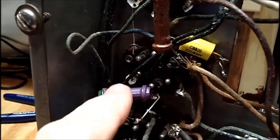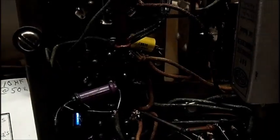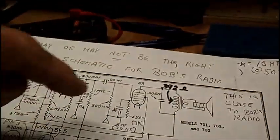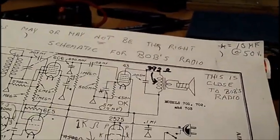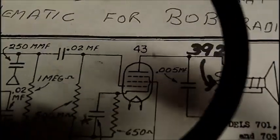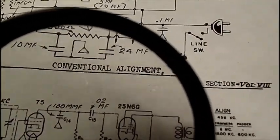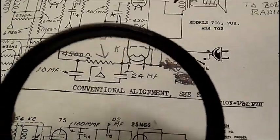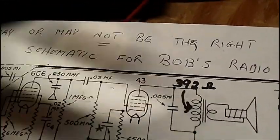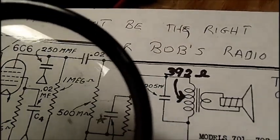I can't remember what it read. On this radio here, some of the circuitry is correct using this schematic. Others are correct using this schematic. This is a 43. This one uses a 25 MN6 or MN6, I can't see that. It uses a 10, I got a 10 microfarad in there. It called for a 5. But the resistor